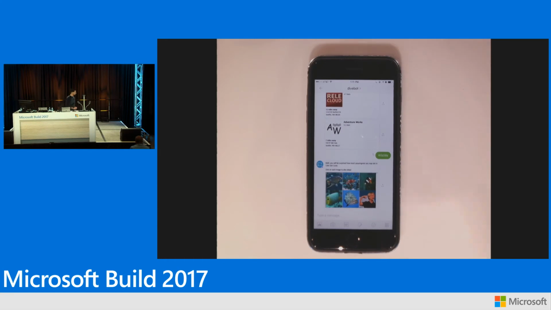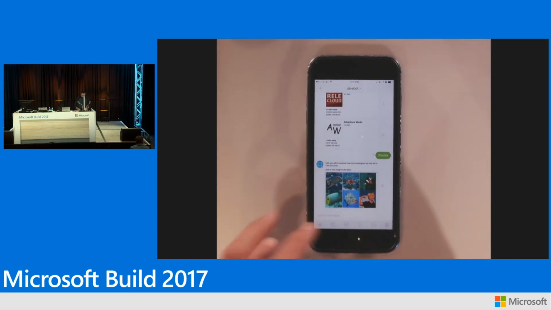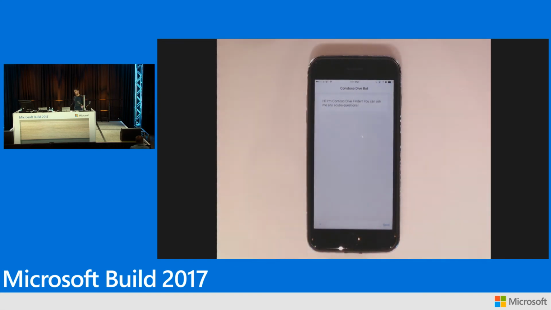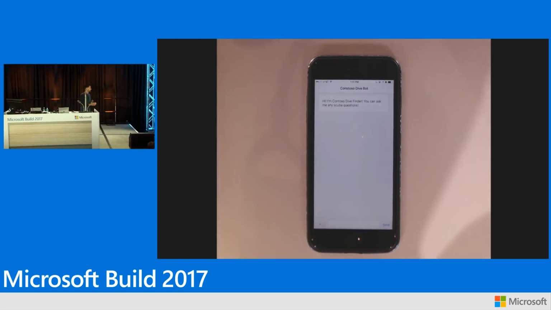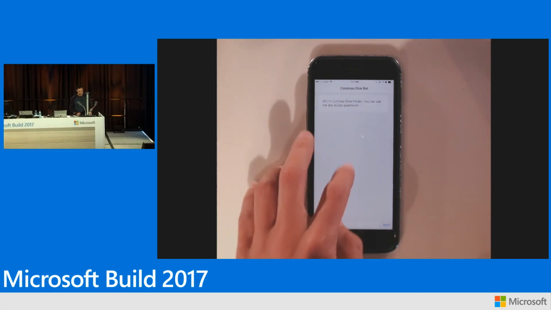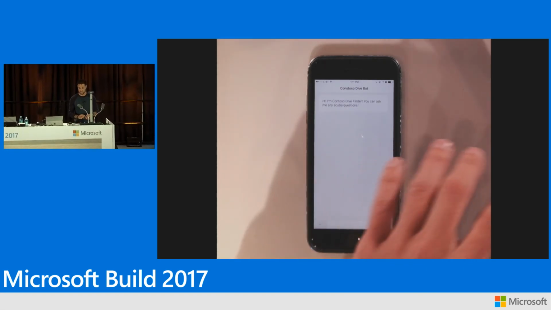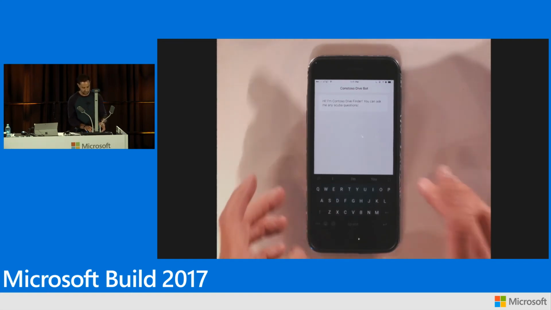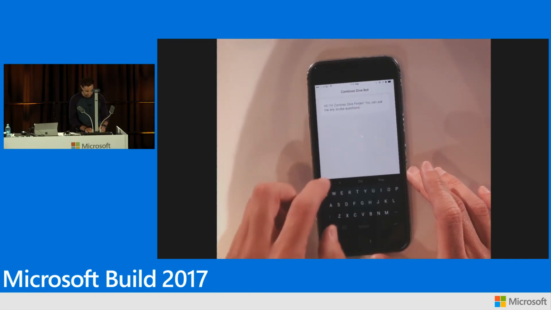You know what? Let's do one other quick thing. I wish I made my Scuba bot a little more powerful, but I do want to show one other quick thing. It's an early demo. We've been working tirelessly for hours to get it going, so I'd be remiss if I didn't show it. Here is Contoso Divebot. Again, we are on an iPhone. This is a Xamarin Forms app running on